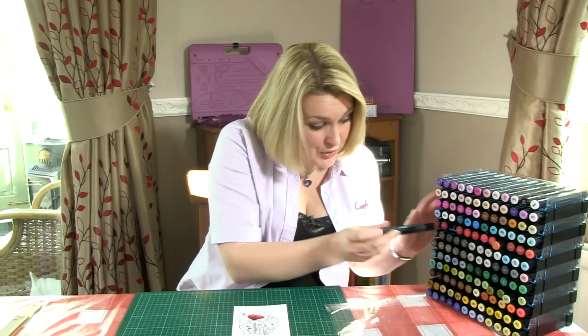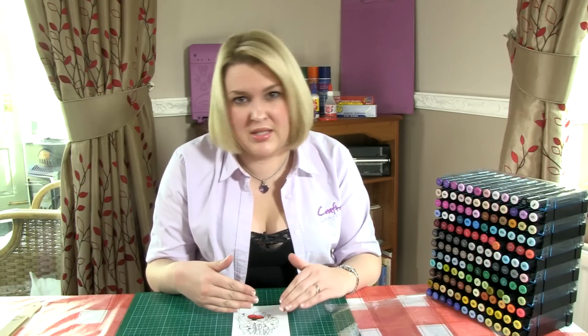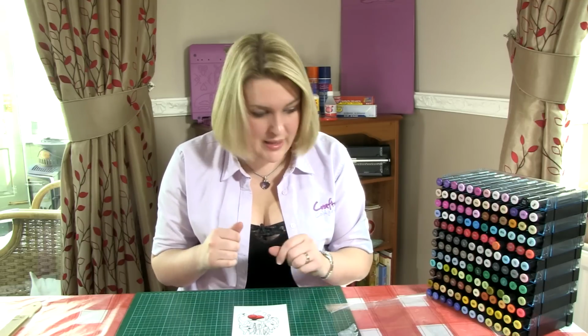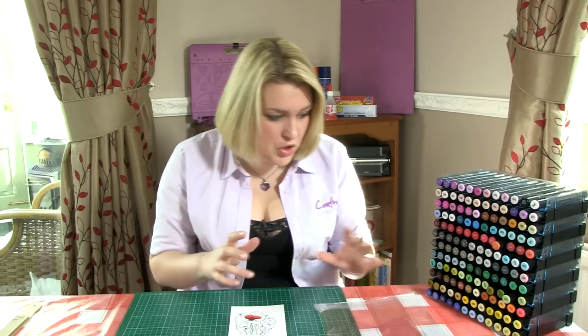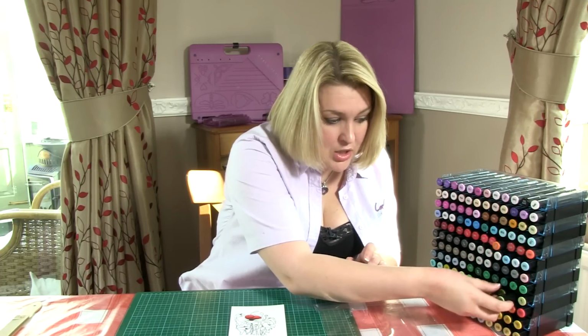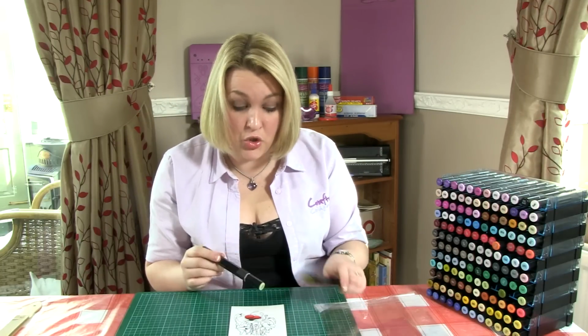I'm going to show you a little other technique. I find that the corals blend beautifully with the dark reds. Now, sometimes colours don't necessarily blend together, and I'm going to teach you a technique for how to make them blend. A colour that's notoriously difficult to blend are the dark greens, okay? So I'm going to start off with a lighter green and a darker green and show you a cheat's way